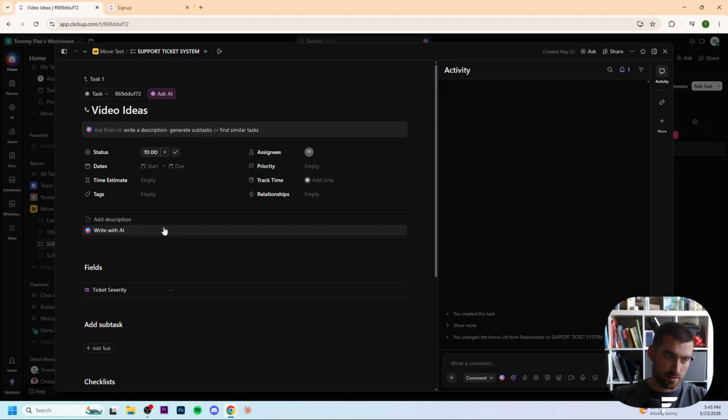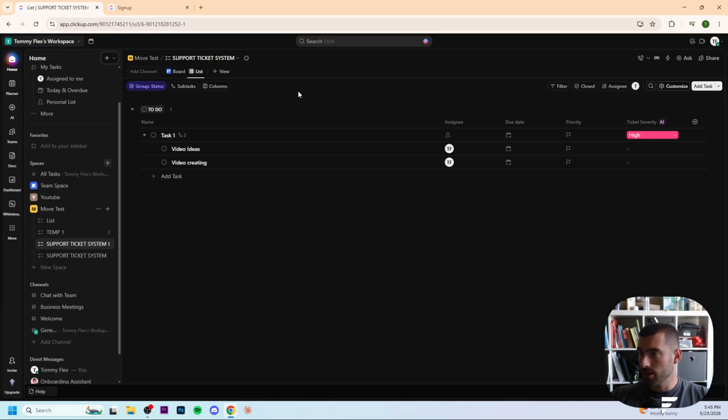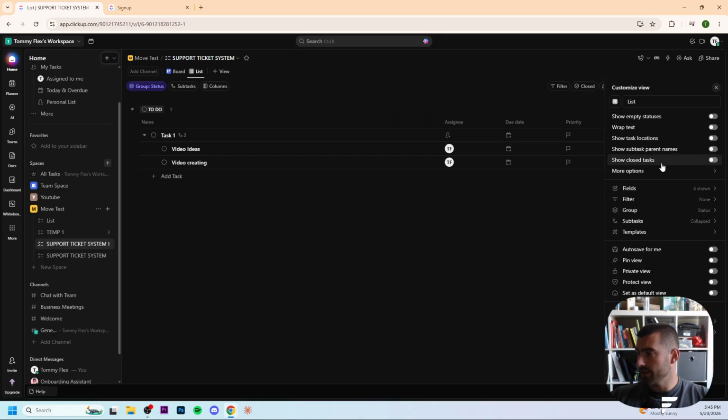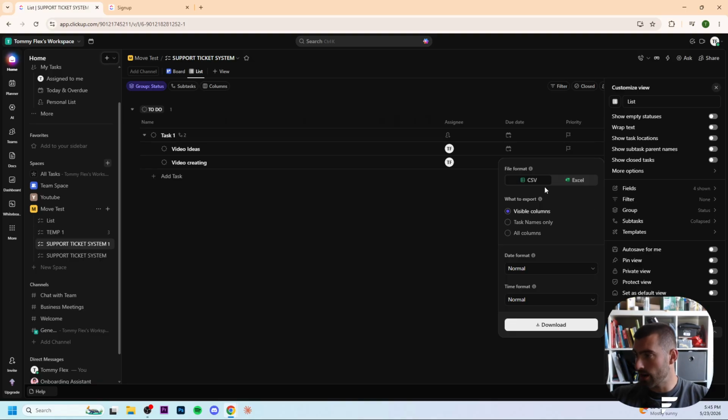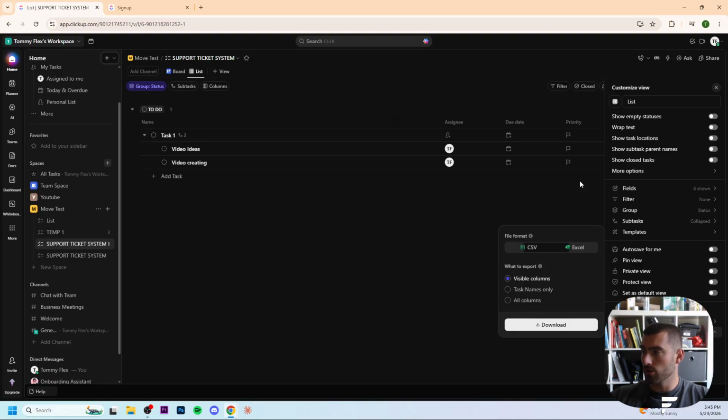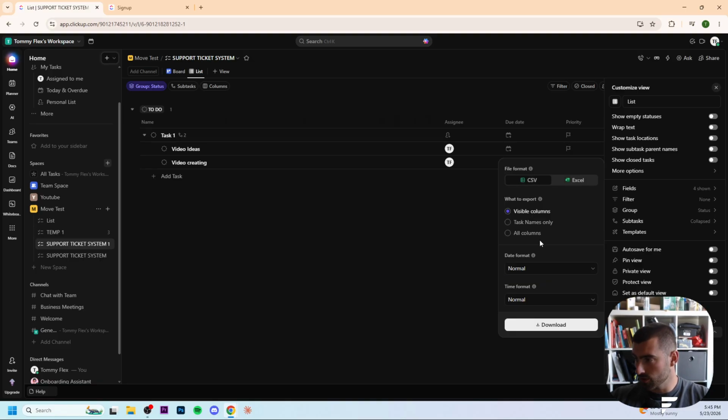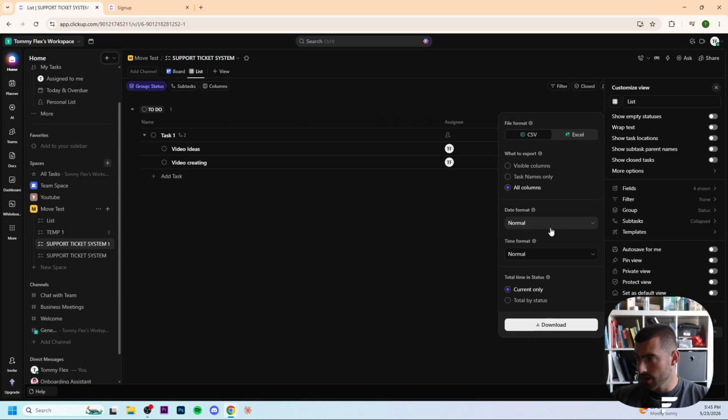Then, if we want to export our views, we go right here to our working space, and then we go from here to the customize, and then we go down to export view. We select on export view, and now we can decide if you want to create a CSV file or just an Excel. You can decide what you want to do. Visible columns, task names only, or all columns, what you want to do. Select a date format, so normal is fine, time format, this is fine, and then we can do download right